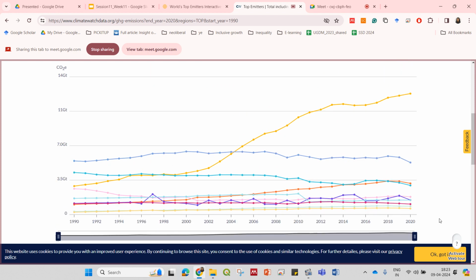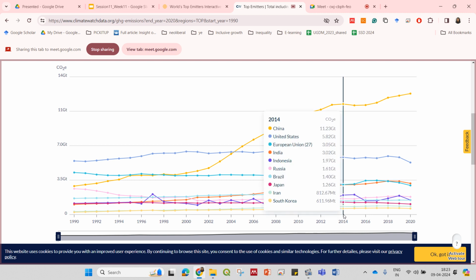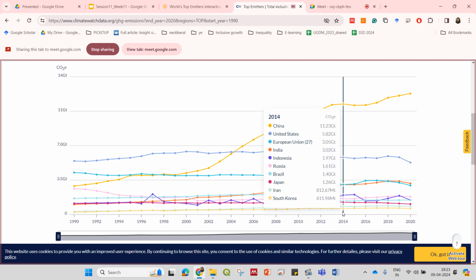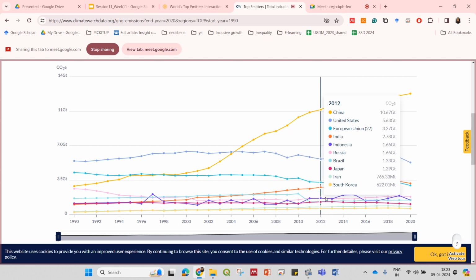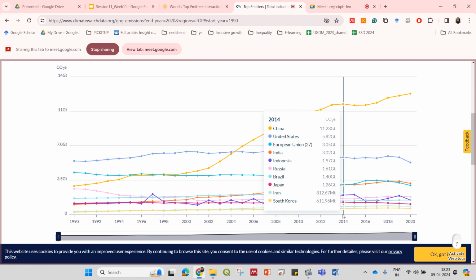What we are asked in the question is about the emissions in 2014. So if you go here, it will show you emissions of all the top emitters in 2014. So you can see here in 2014 the largest emitter is China, followed by the United States, followed by the European Union, and then followed by India. So you can see among these four top emitters, India has the lowest emissions